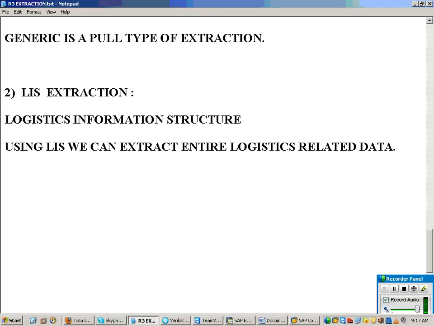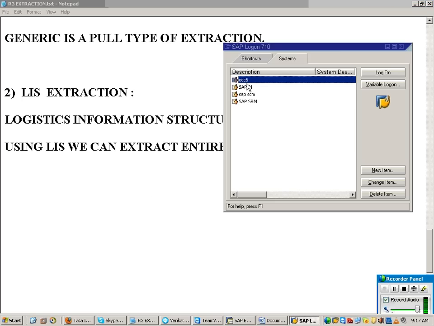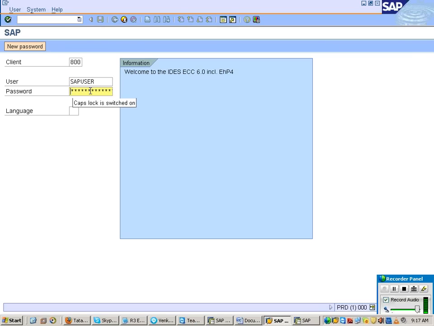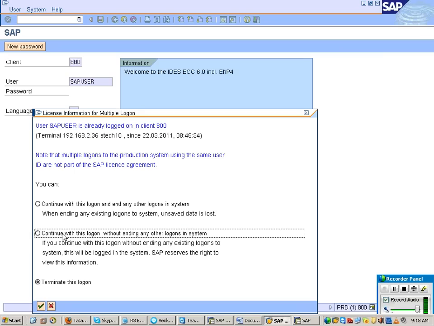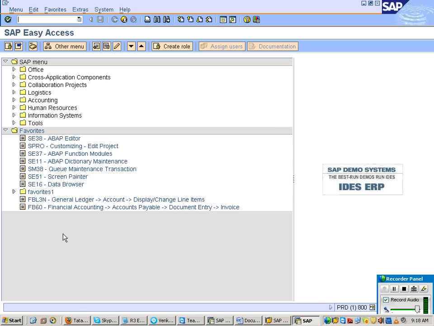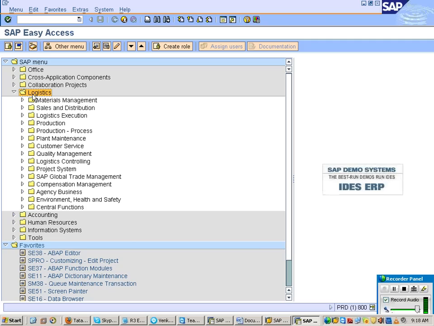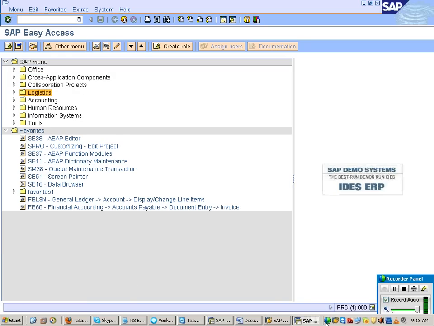All those things come under logistics, like sales, production, inventory, quality, purchase. HR will not come under logistics. Finance will not come under logistics. MM, SD, production, PP, plant maintenance, service, quality, project systems, all these things come under logistics, and all those things you can extract using LIS.